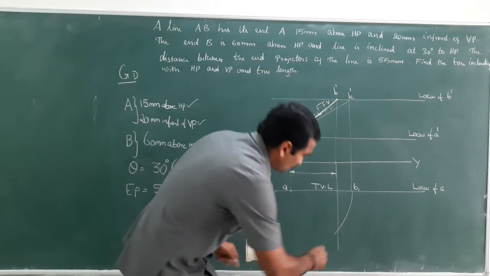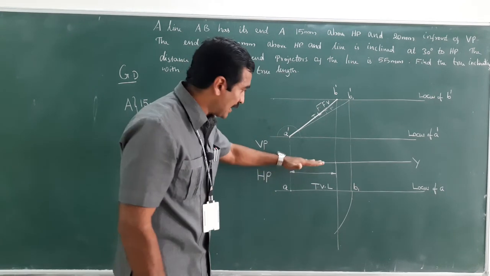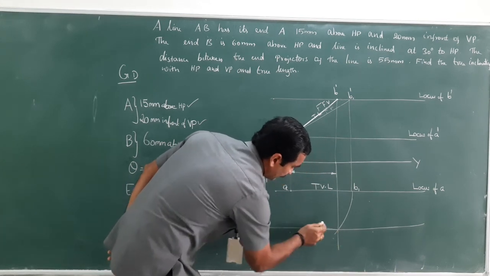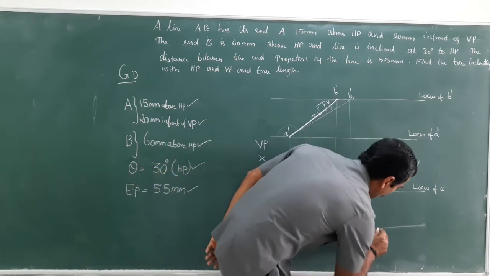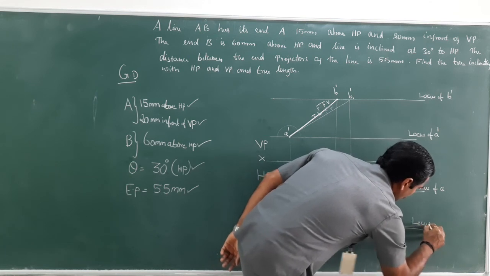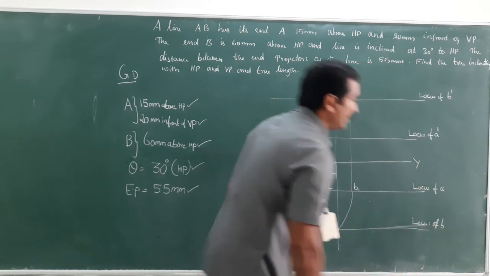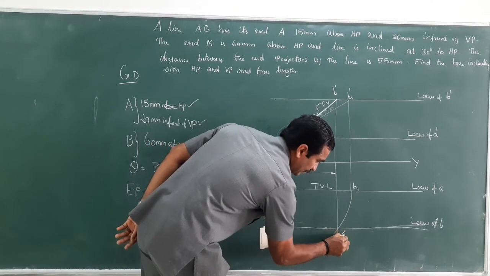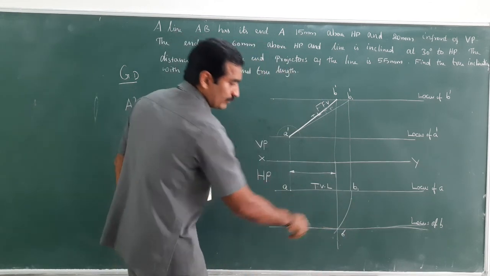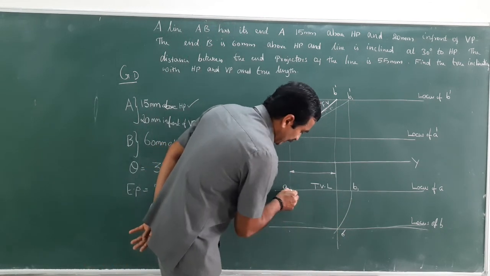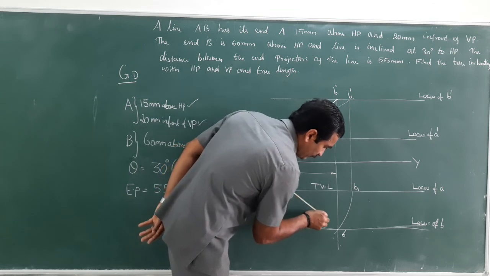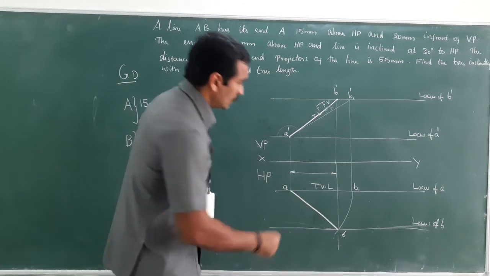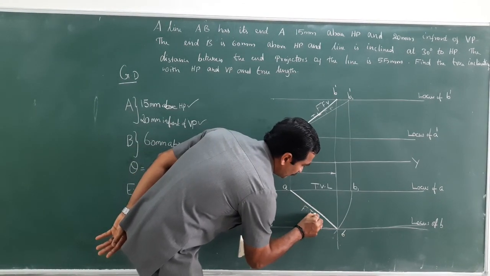Now draw a line passing through the intersection, parallel to XY. This is nothing but the locus of B. So this point B1 becomes B. So this is the final top view. By connecting A and B using an H or HB pencil, you will get the final top view.